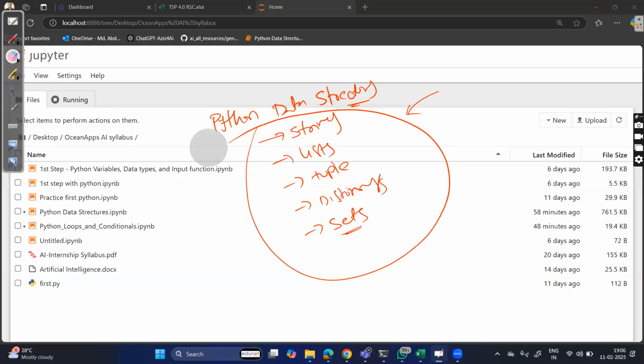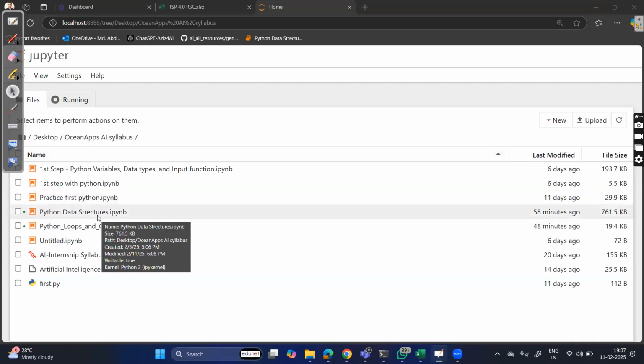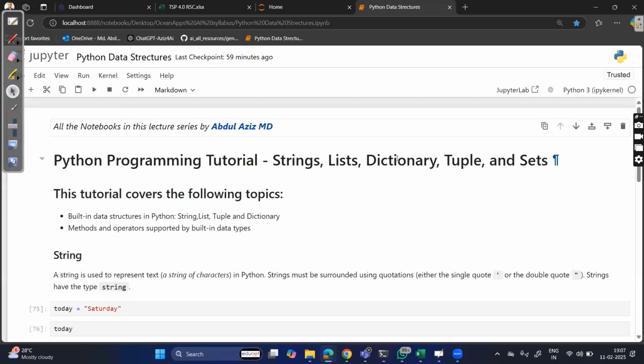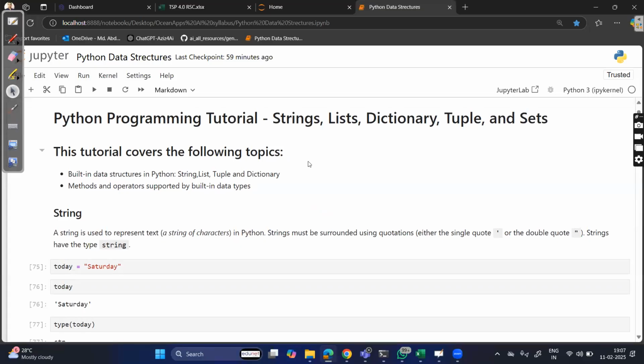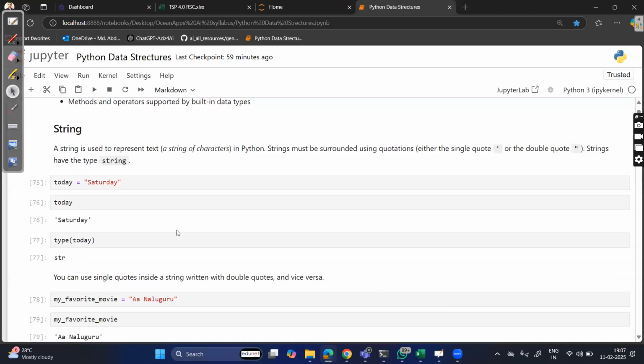Now what we do, we discuss about the practical, how are we going to write these simple programs by using this, right? Let's get into it. I already created the notebook, right? So that you can see here, Python programming tutorial on the strings, list, dictionary, tuple, and sets, right? So these are the things that we are going to cover in this notebook. And it is already